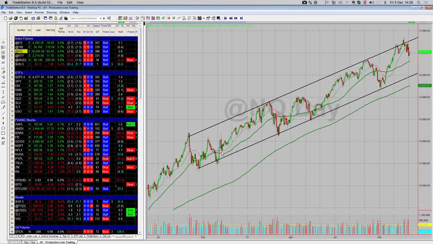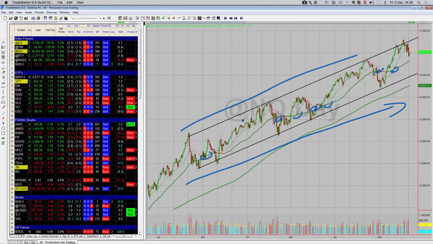Nasdaq, what's it doing? Multiple crosses in the 20 and the 50. Okay, this time it's doing 2 things. It's both going up, but it's also contained. We've got multiple touches of lows, multiple touches of highs that are very close together. So it's both trending and ranging at the same time. So what I do in this case, when we've got a channel that's angled, in this case a rising channel, I'm going to default to calling it a range. I've got to be bearish at the range highs. I've got to be bullish at the range lows. And it's probably going to continue until something new happens.